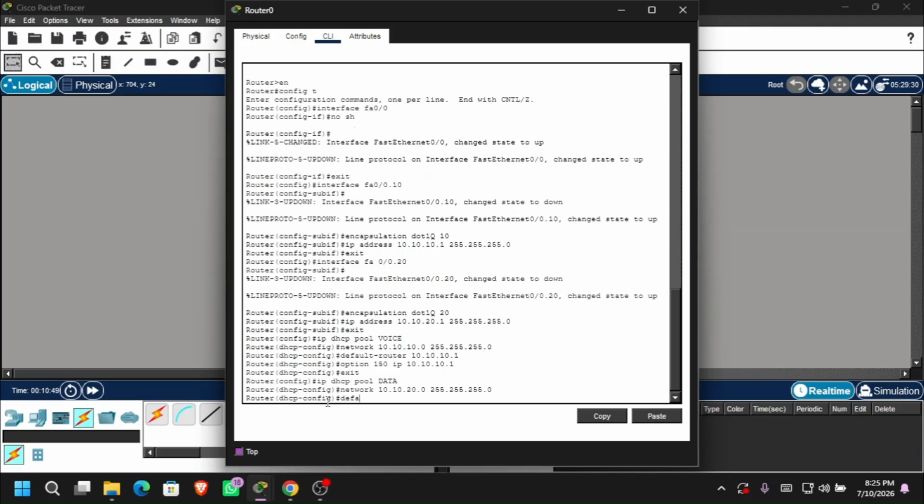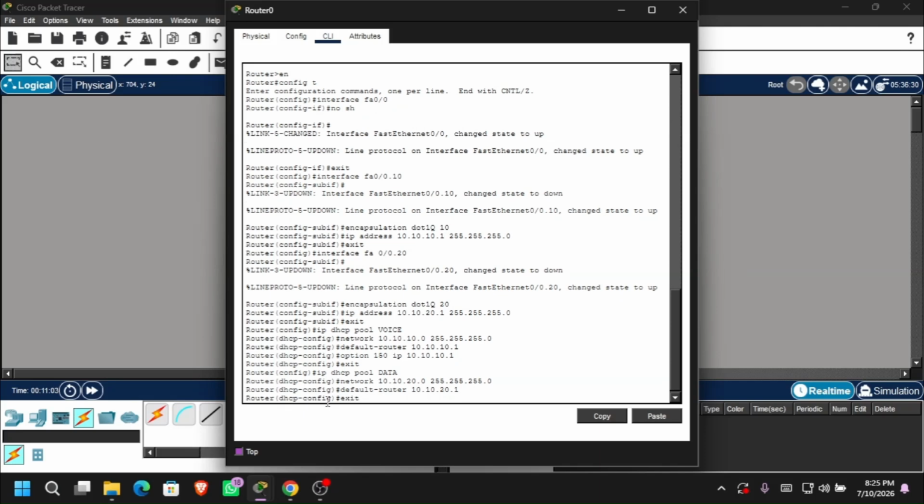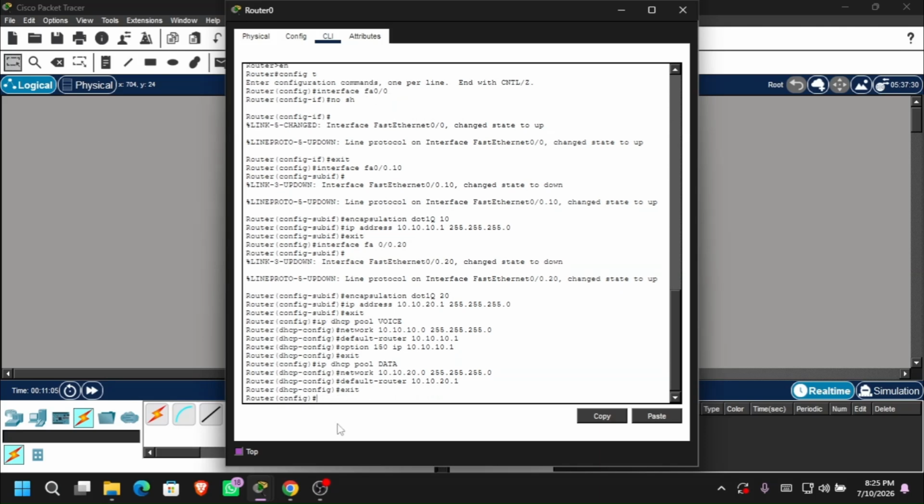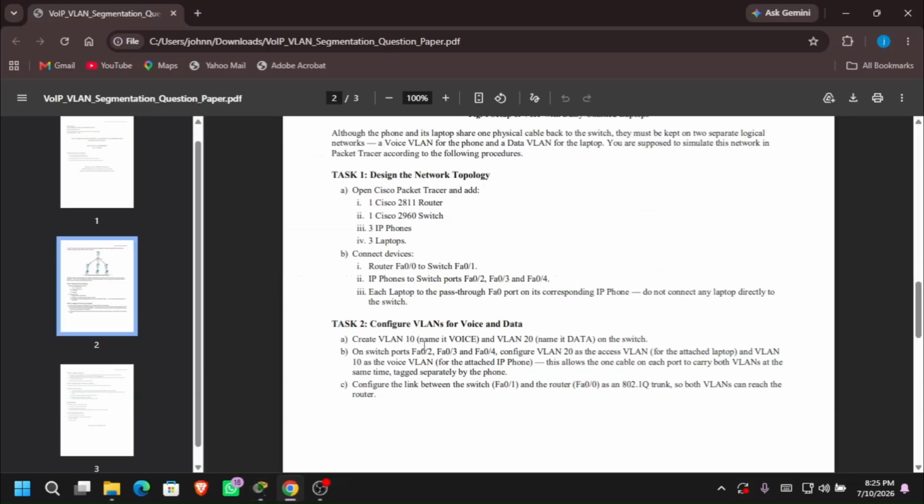Its default router is 10.10.20.1. Then we can exit. Then we go back to our question and then proceed to